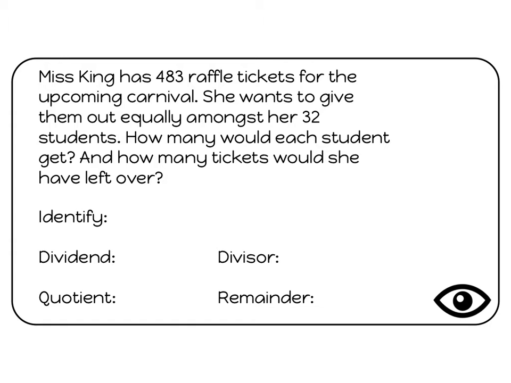It says, Miss King has 483 raffle tickets for the upcoming carnival. She wants to give them out equally among her 32 students. How many would each student get? How many students' tickets would be left over? So we're going to divide 483 by